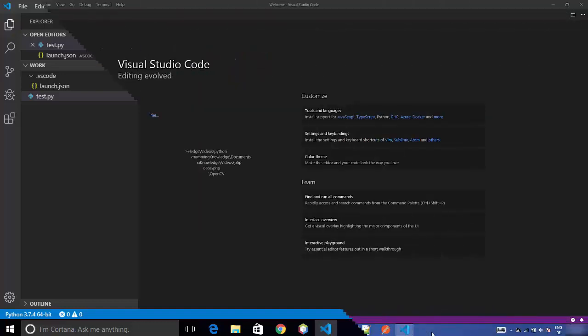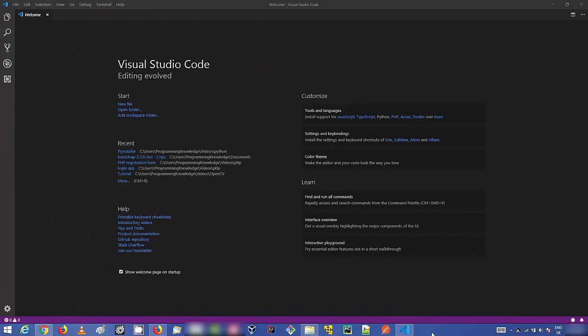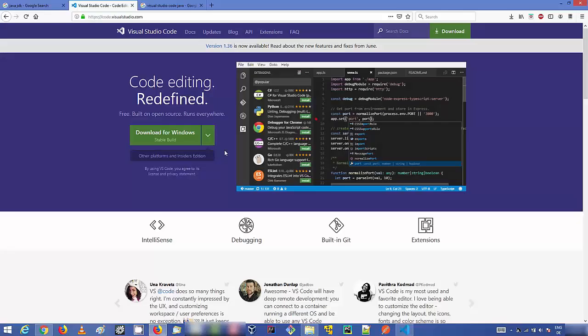most probably. So how can you set up your Visual Studio Code editor for Java development? The most important thing you need to develop your Java code or projects with Visual Studio Code is the Java JDK.